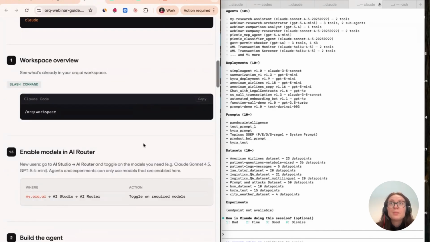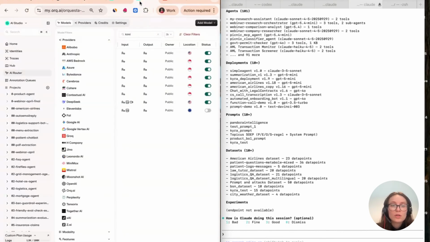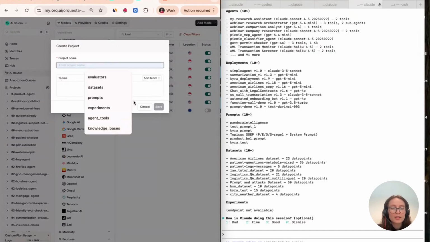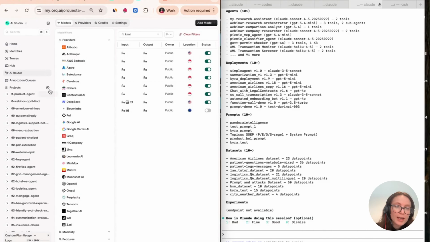Another thing that might be useful to do and to follow along is, for most of you that have a new workspace, there will be a default folder here at projects. But if you want to work in a more clean way, you can create a new project, call it webinar, call it whatever you like, by clicking this plus button here, because that's then where we will ask the MCP to create all the different entities.